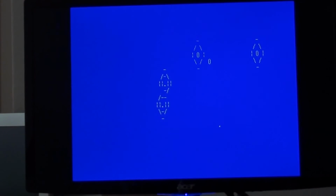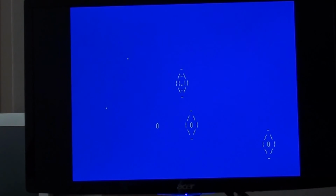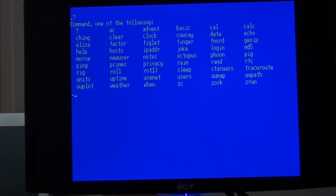Rain, just to show you the cursor positioning potential of the Telnet client. This is supposed to be raindrops falling into a pool, as seen from above, I guess, and to get out of it, you hit Control C. On a Model 3, the control key is Shift down arrow. We can roll some dice. There's a lengthy ASCII art